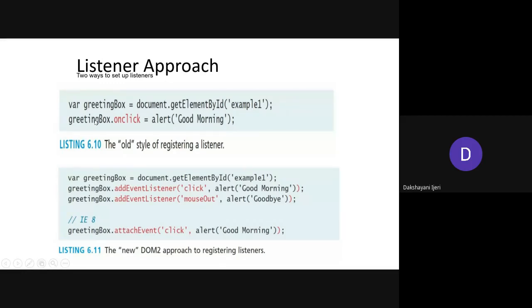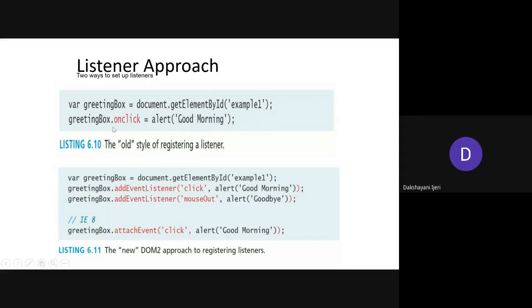How has it been done here? It is the same as how we got a particular element from the HTML using the getElementById example. With a particular ID, once you are able to access an element from the HTML, based on that variable you pass the event, that is, on what kind of event you need to perform some action.